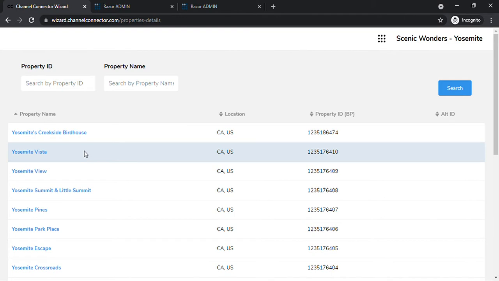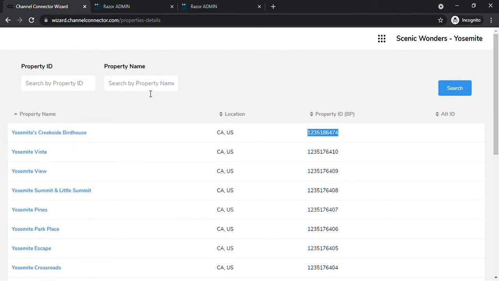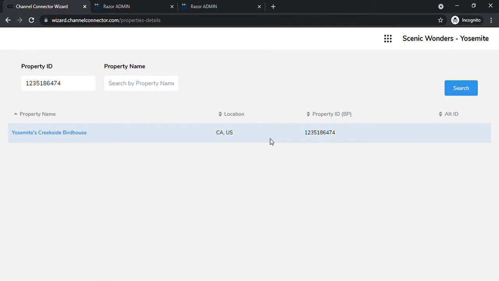In this section, you can search a property by the BookingPal property ID, which is this one, or by the property. For example, if we want to search only a specific property, I would put the ID in here and click on search, and it will appear only the property that I am looking for. Then I have to click on it,